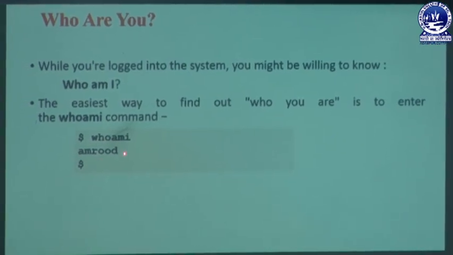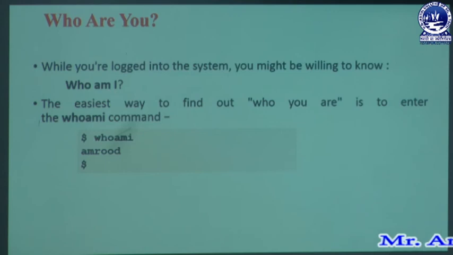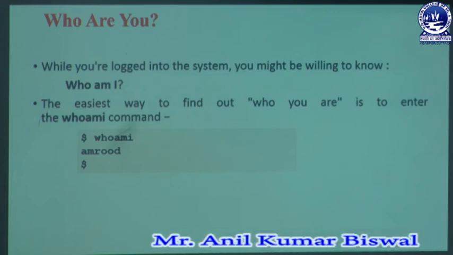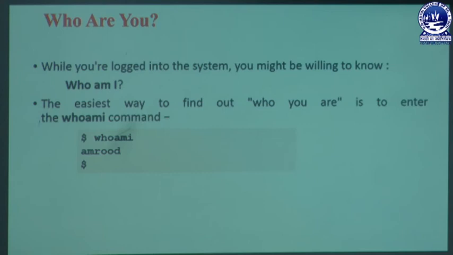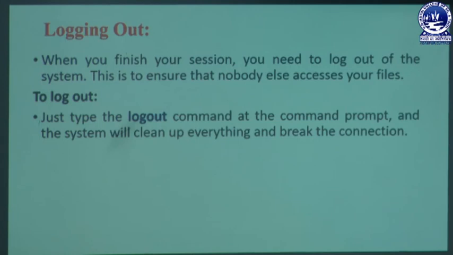That user is using the Unix system. We know that at a single time multiple users can be using it. That means Amrod is not the single user; another user can also have any name, that may be Smith, that may be Rojan, any type of name can access that Unix. Whenever the user types the who command, we get information about the different types of users using that system. But whoami specifically locates which user is accessing that Unix operating system. Next, we can learn how to log out from that system.